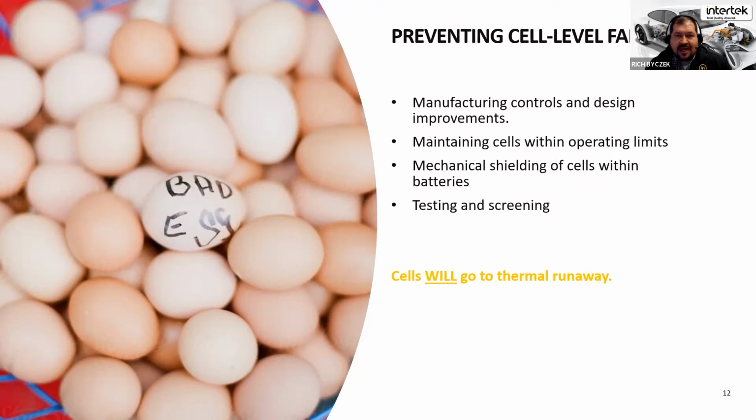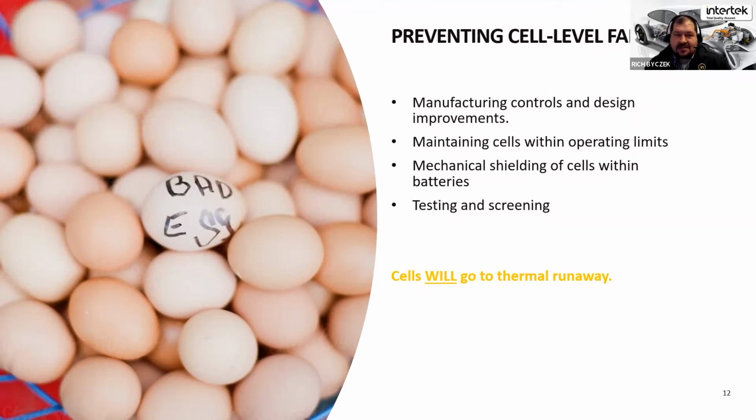You're never going to get to a zero ppm or ppb number. Statistically, that's not possible, but you can get that number down to a very workable level, what we call an acceptable level, where you're going to have maybe one in a million occurrence of a single cell having a defect, but you get that to where additional controls will prevent that from becoming a propagation event.